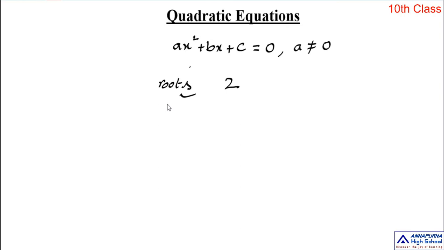Okay, so zeros, roots, solutions, these 3 words completely depend on the nature of the statement. In case it is a polynomial, we call it zeros. That means at whichever x value the polynomial value is 0, that x value we call a zero. When you come to the equation, the x value that satisfies the given equation we call a solution or root of the equation. So zeros, roots and solutions.